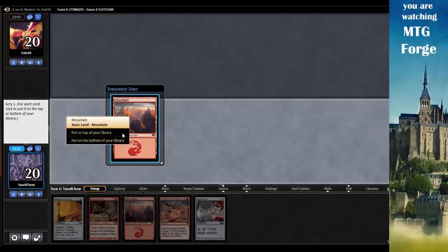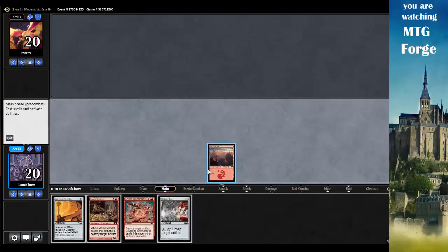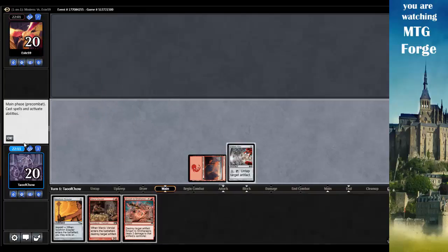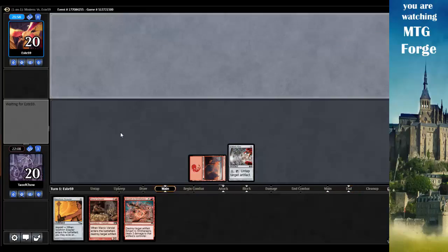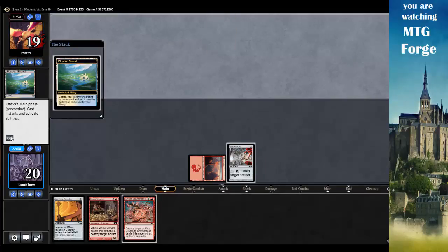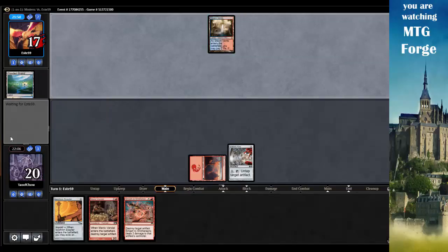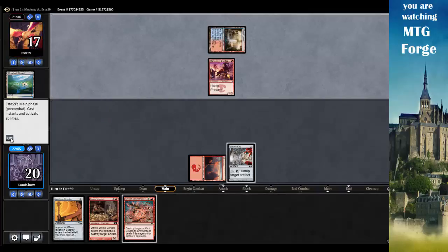Alright, we'll top this. Alright, so top one Voltaic Key. Okay, hopefully pick up a Liquimetal Coating, otherwise I'm just toast. Alright. So turn 2 will go Isochron Scepter, imprint Smash to Smithereens on it. Okay. I think maybe in the other match I should have destroyed the Swiftspear, but...